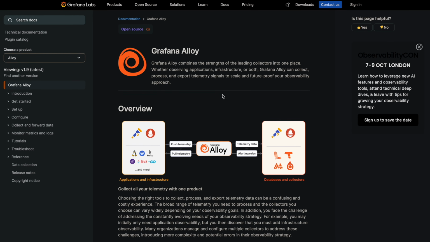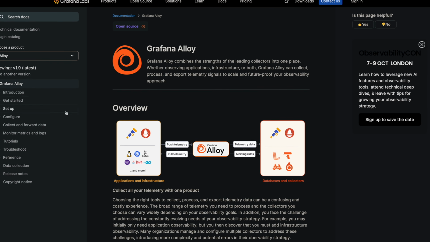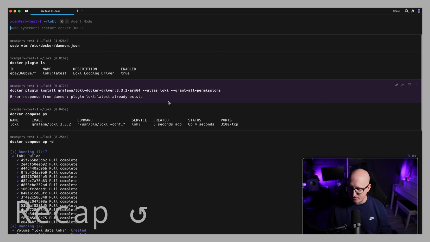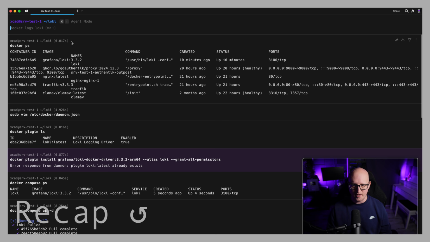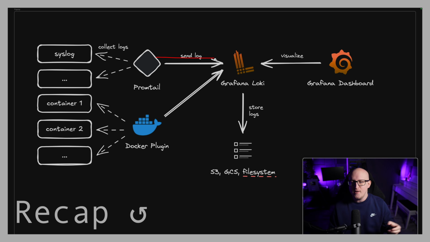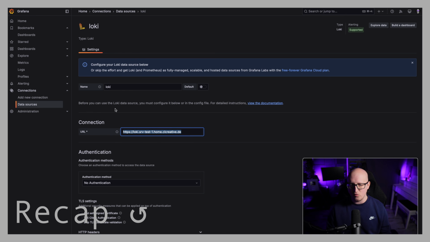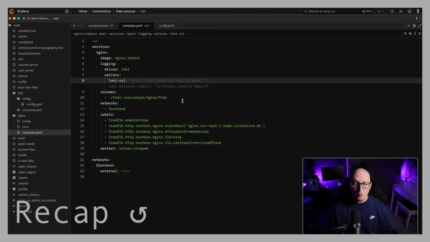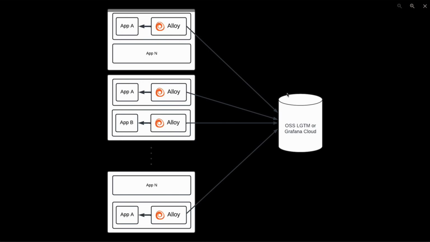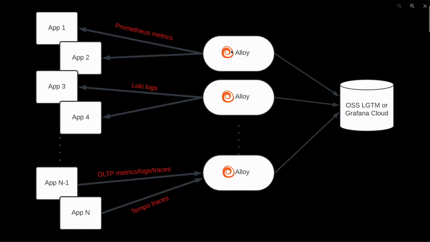Everyone, this is Christian, and today I'm going to show you the new Swiss Army knife for logs and metrics monitoring, Grafana Alloy. If you've been following my HomeLab videos, you know that I already made many tutorials about Grafana, Prometheus and Loki, but in these tutorials we've always used different tools and configs to transfer logs and metrics between all these systems, depending on what you want to monitor: Linux, Docker, Kubernetes, databases or services. It could get quite complex and very fractured. But now with Grafana Alloy, we are simplifying and centralizing the entire telemetry collection and processing for all of these